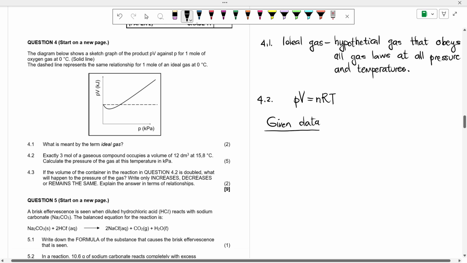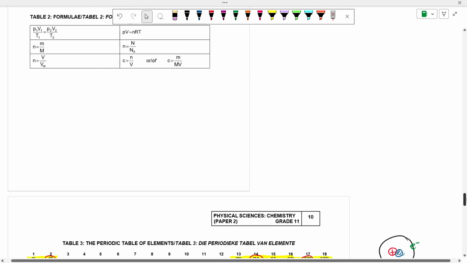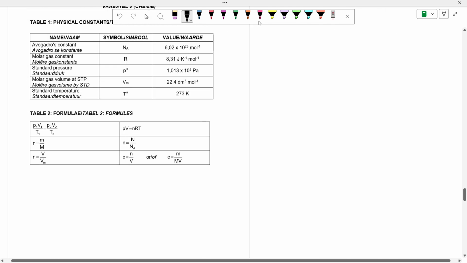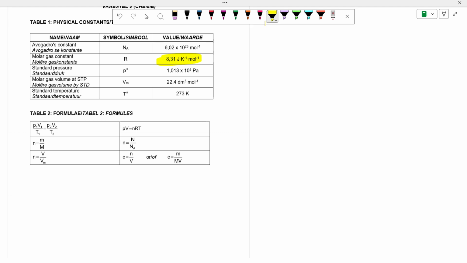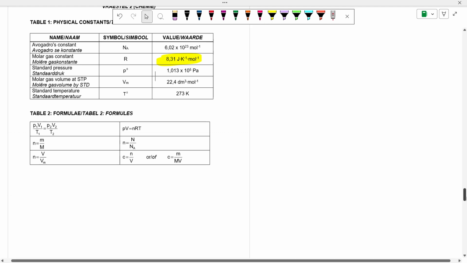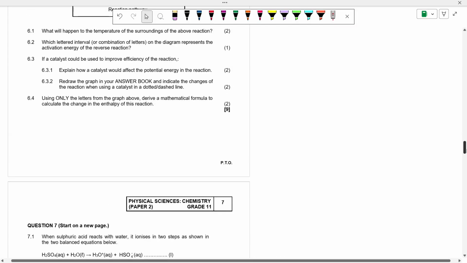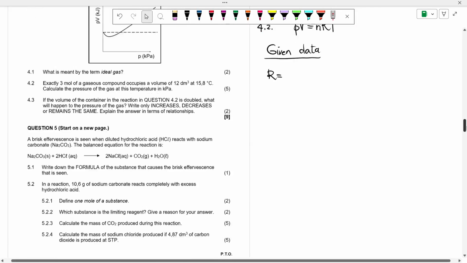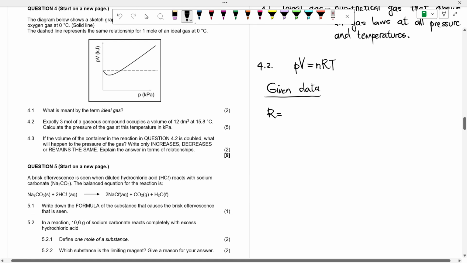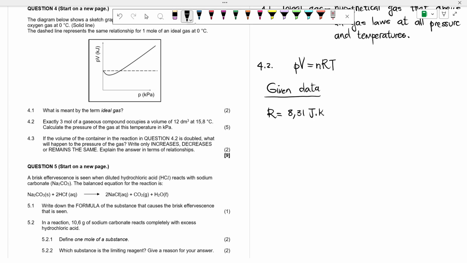I'll start with the constant R. That one is from the information sheet. We don't need to guess. Go straight down and check the value. Also the units. 8.31 joules per Kelvin per mole. R is 8.31 joules per Kelvin per mole. Awesome. I'm also given